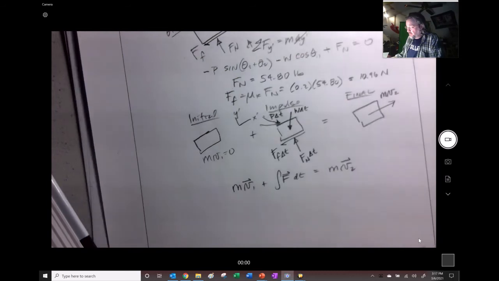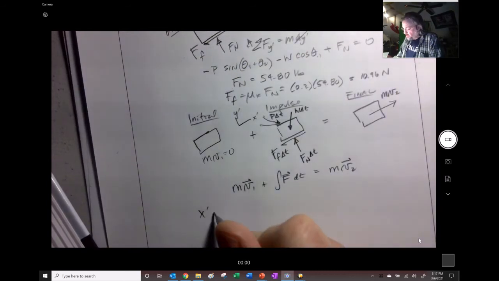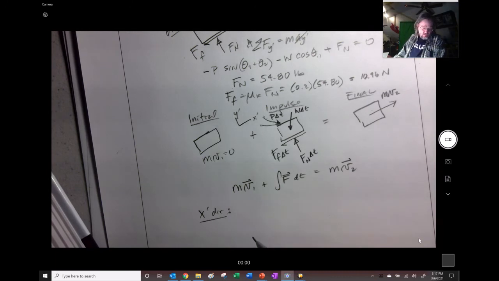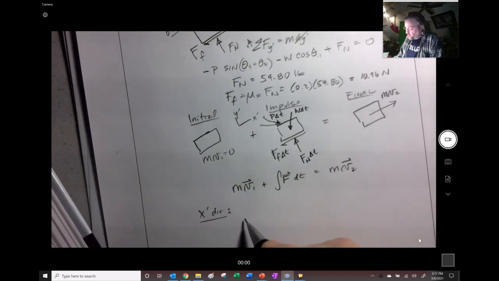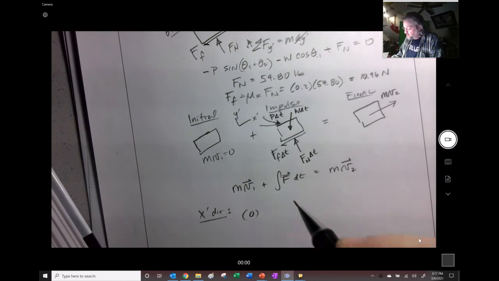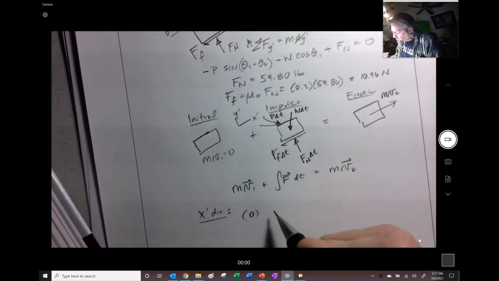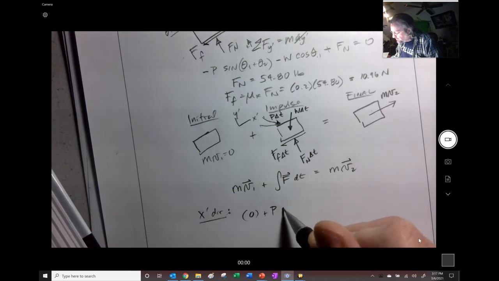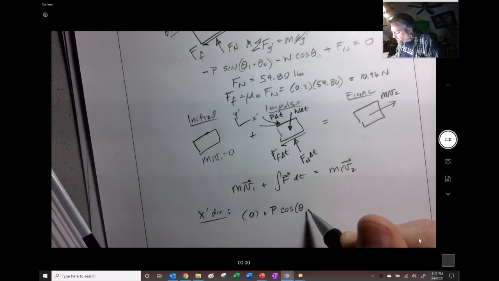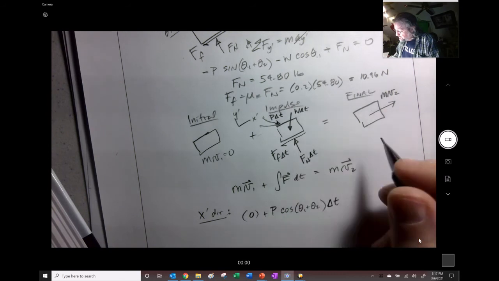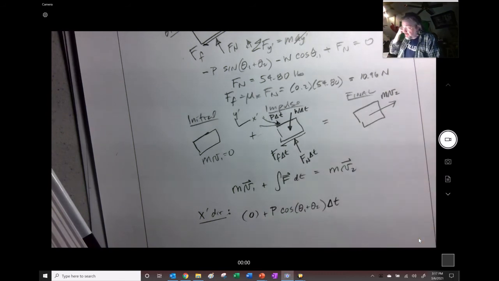And then break it down. Let's do it in the x prime direction. So in the x prime direction, we have 0. And here we're coming up the slope, so we're going to have P times the cosine of theta 1 plus theta 2 times my delta T right here, and